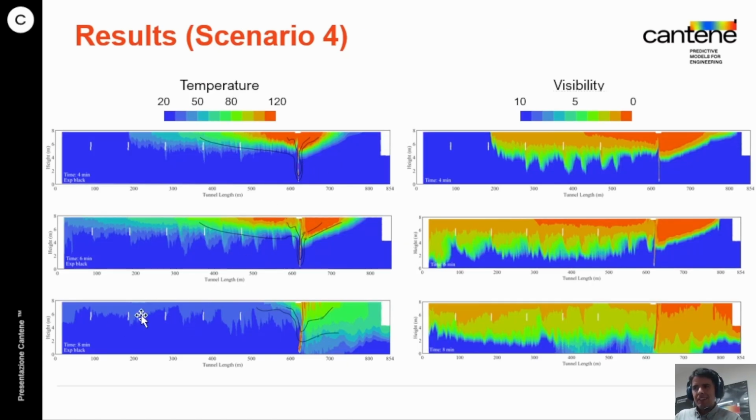And it makes sense, as in the slices we can see that the temperatures close to the roof remain higher through most of the 3 slices that we are shown at 4, 6, and 8 minutes. Also, the visibility doesn't seem to be controlled anymore. I mean, the smoke seems to